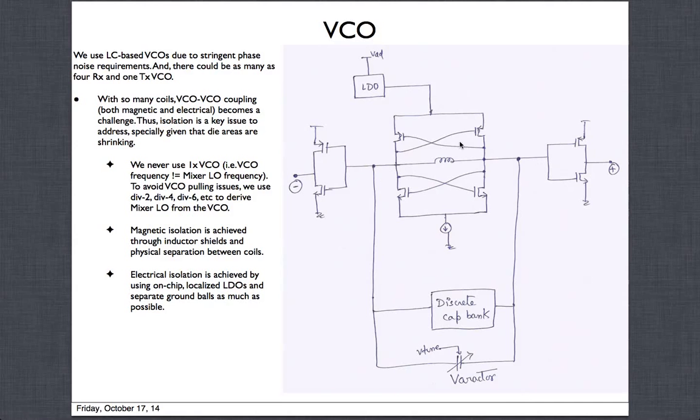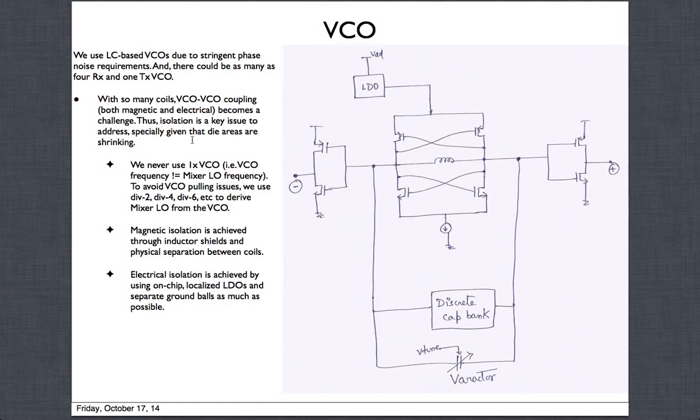To get into the details of the VCO, I have another set of lectures on VCOs, so please refer to it for more details. They have the same structure as this, with a discrete cap bank, then a varactor and a V-tune. A tune voltage comes in the whole PLL loop, from the charge pump and loop filter and all that. I'm just trying to show a very basic generic topology of what these VCOs look like, and to talk about the challenges.